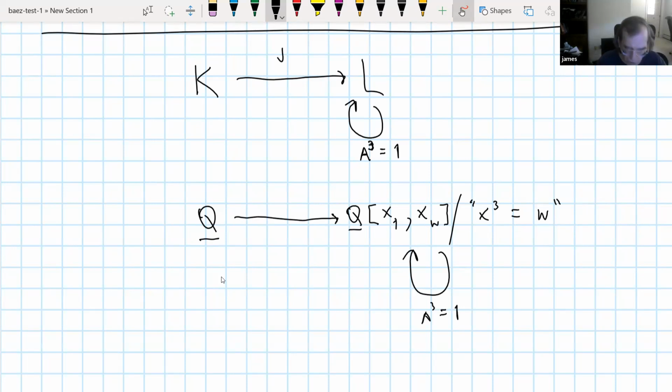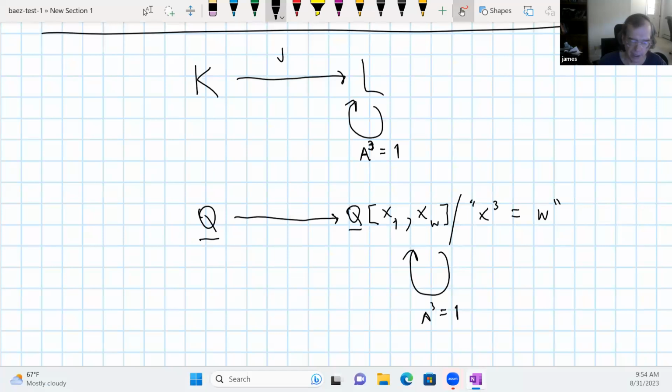And so I struggled with this a whole bunch in order to try to understand how to turn this into a Z mod 3 torsor. And I think there's still some things that I don't completely understand about this, but I made a lot of progress with it. And I really want to show you that progress, hopefully next time or something like that.